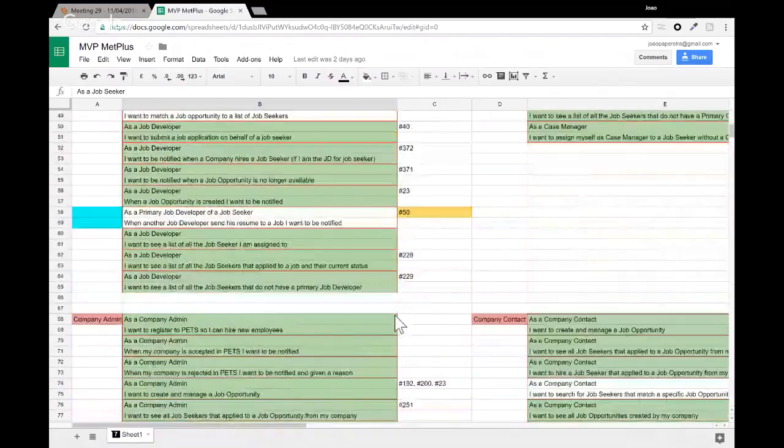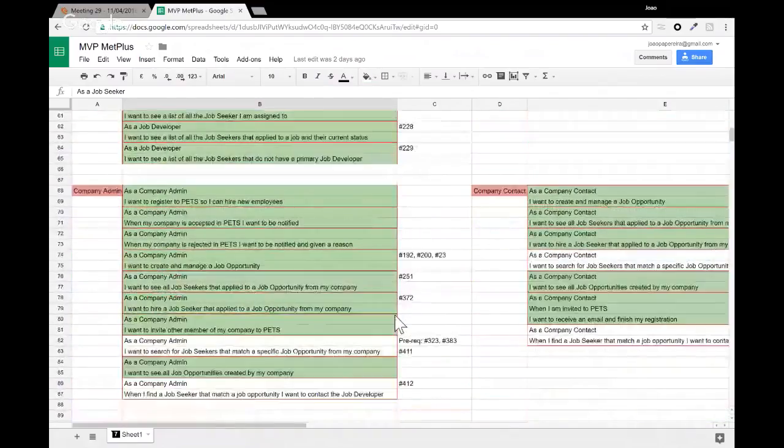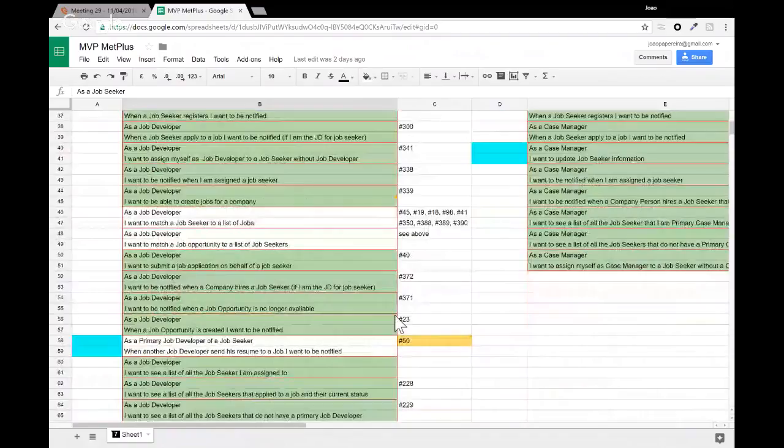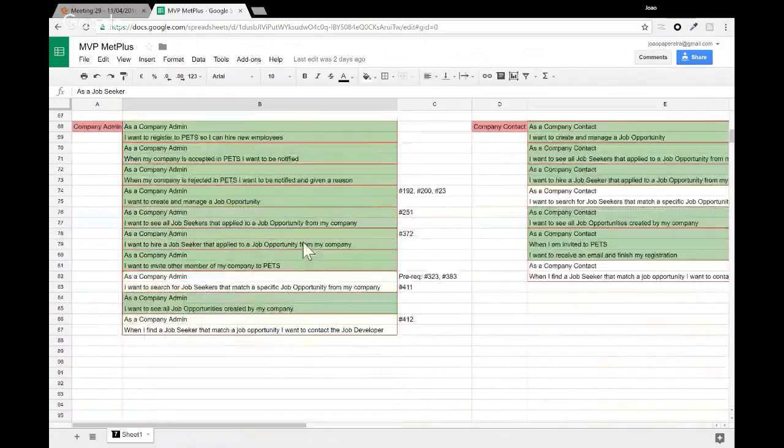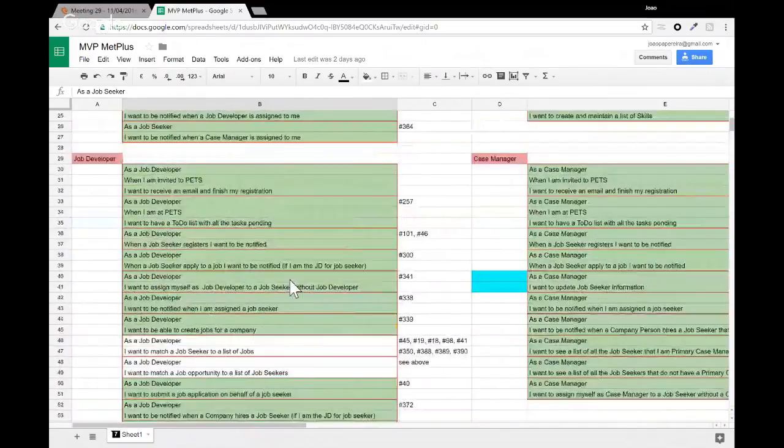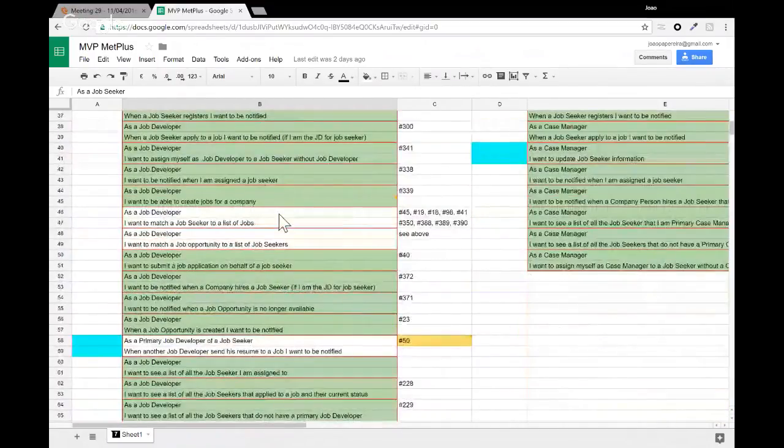Then we go to the job developers, and the bulk of the missing work is in here. It's basically on the job developer side and the company side. The stories we're talking about are related to the matching itself. For example, as a job developer, I want to match a job seeker to a list of jobs.